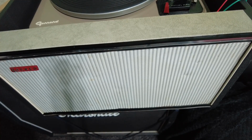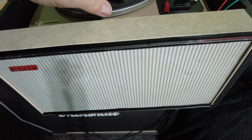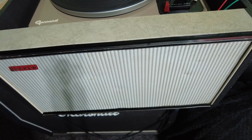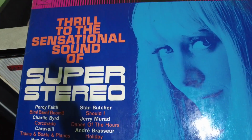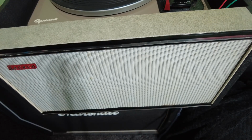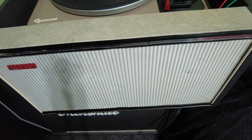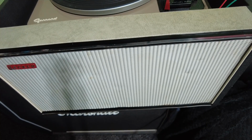Right, we've got this Hacker record player back together. Now I'm not going to play any vinyl on it because we'll be getting a copyright strike if we do. We won't be getting any thrills with this, I'm afraid. But what I have done is I have downloaded one of the YouTube library tracks, and I've got that on my phone, and I've used a cable and just jumped it onto the input. So if we fire this up,